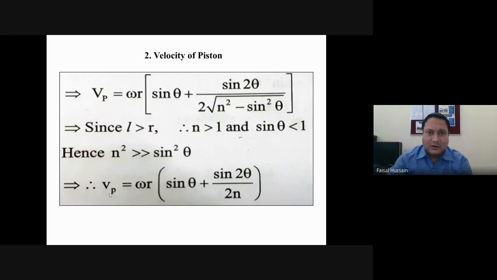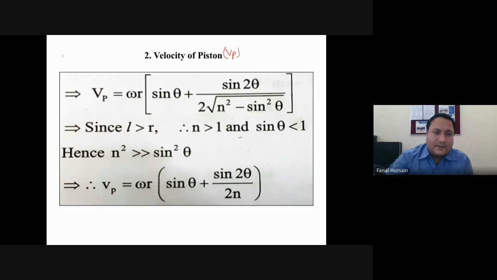Similarly, next is the velocity of piston. In velocity of piston, Vp equals omega R in the bracket sine theta plus sine 2 theta upon 2 under root n square minus sine square theta. Now here, son, since we know that in a single slider mechanism